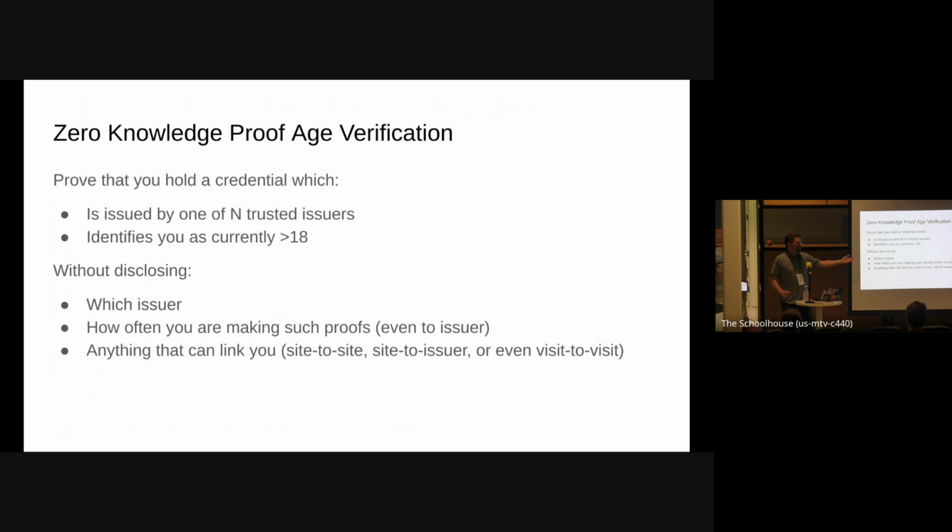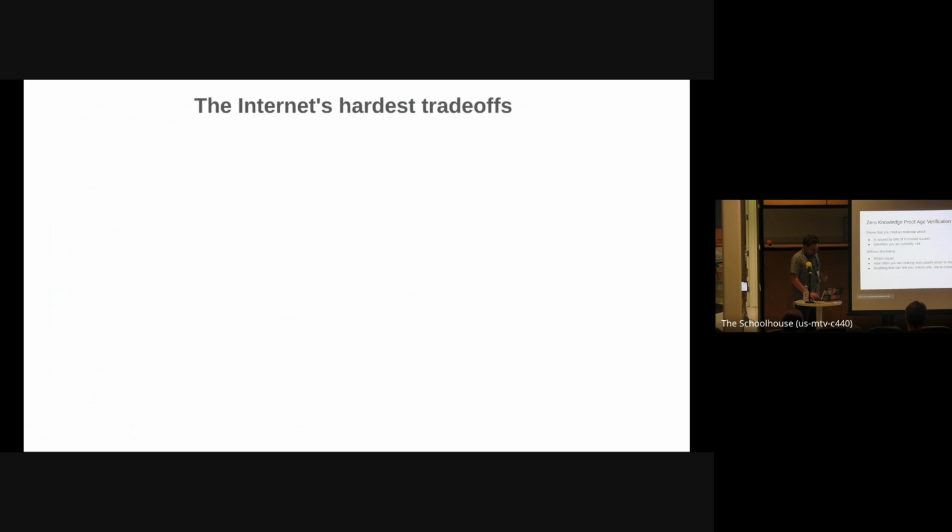Can you give me a proof that the user has a credential that's over 21 from one of these 212 issuers? And you basically just get back a Boolean along with a proof that proves that it's true. It's pretty neat. All sorts of problems need to be solved to actually make this practical and deploy it in the ecosystem. But anyway, I think this is the direction that we're going, and I'm excited to see. It's going to be an important capability, I think.